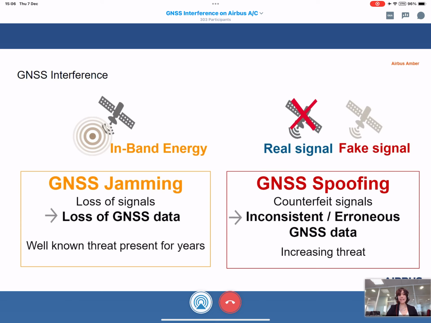It shall be highlighted that a spoofing threat may most of the time have the same effect as jamming at receiver level, and only if the receiver is indeed deceived, we can get inconsistent or erroneous GNSS data. Airbus has been working on spoofing characterization for several years now. In-service observations confirm that the spoofing threat has lately been increasing significantly in different regions of the world, and we can say now that it is a confirmed threat in aviation.